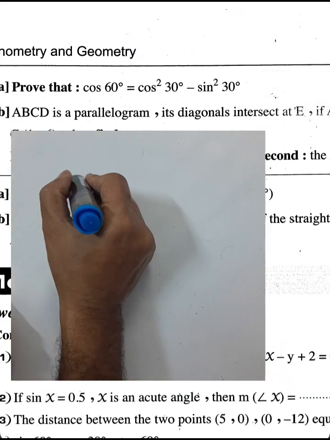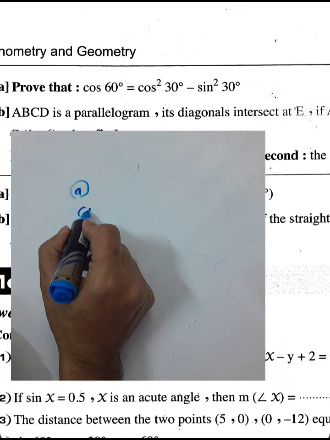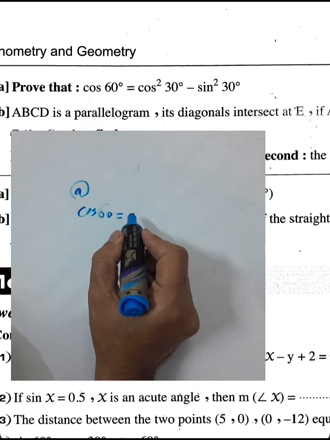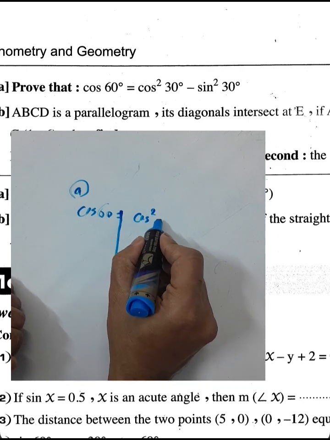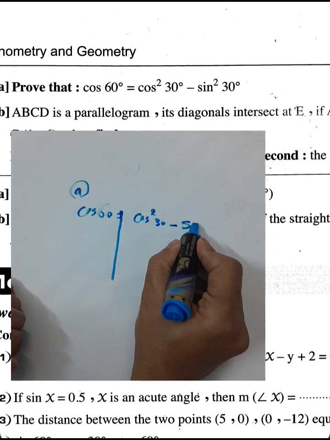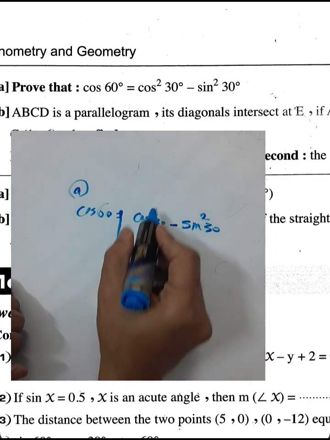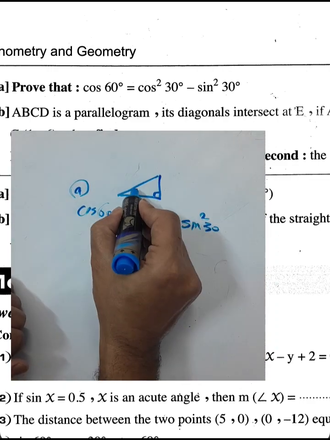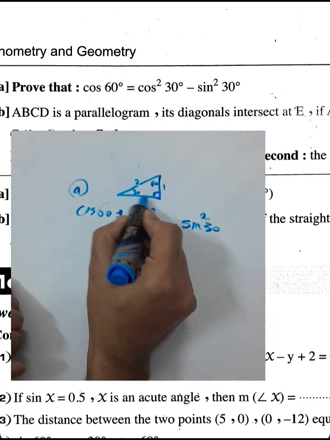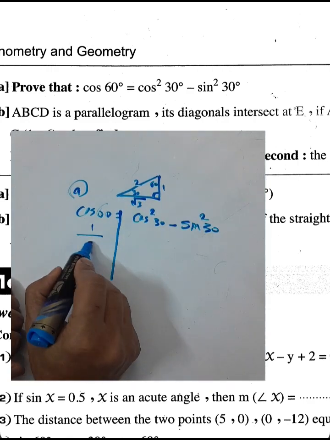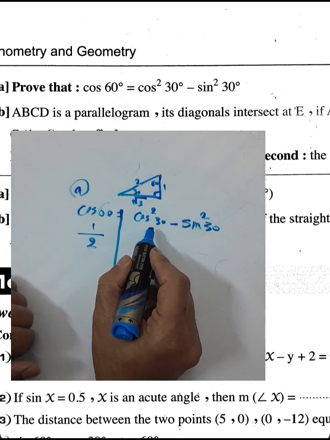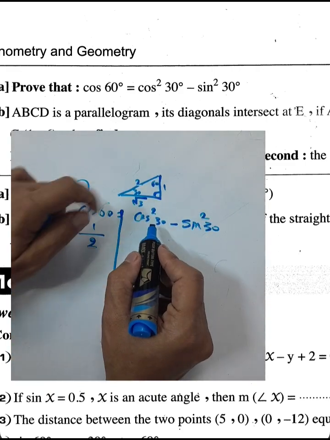Question letter A. Prove that cosine 60 equals cosine 30 power 2 subtract sine 30 power 2. We can prove that by using the triangle with 30 and 60, sides 1 and 2 and root 3. Cosine 60 is adjacent over hypotenuse, 1 over 2. Here the left hand side is half, and the right hand side has cosine 30, root 3 over 2